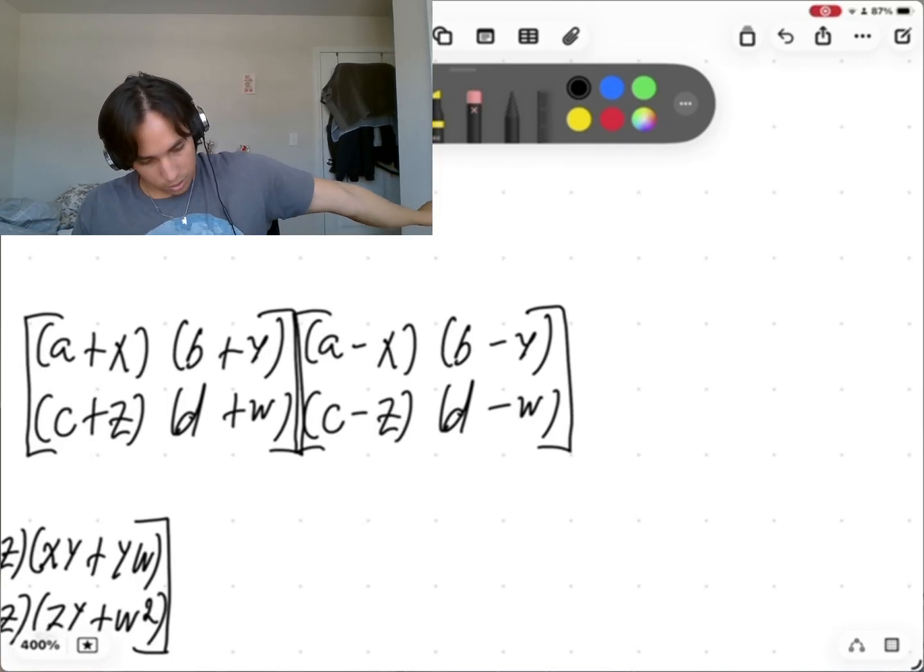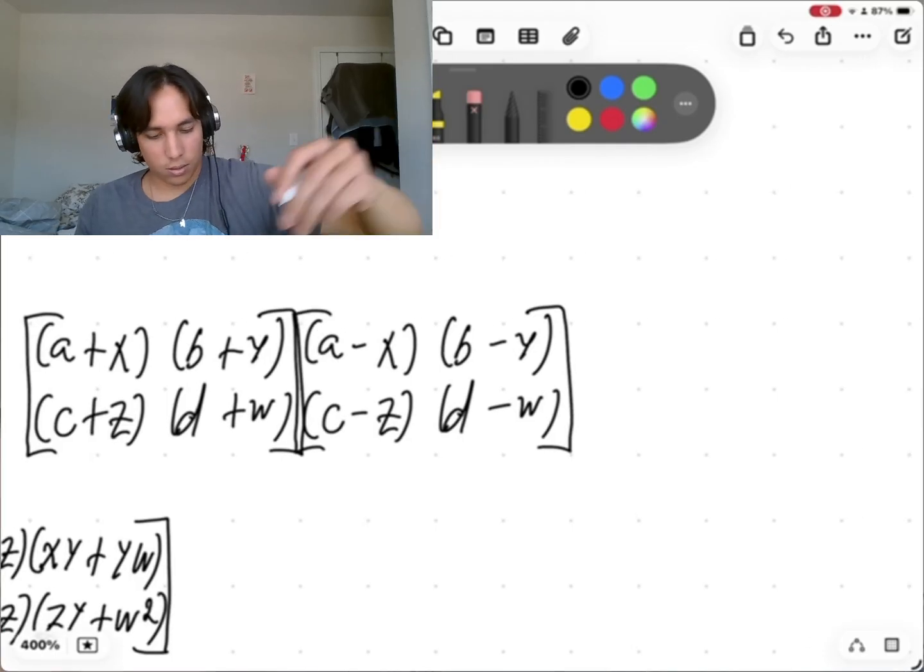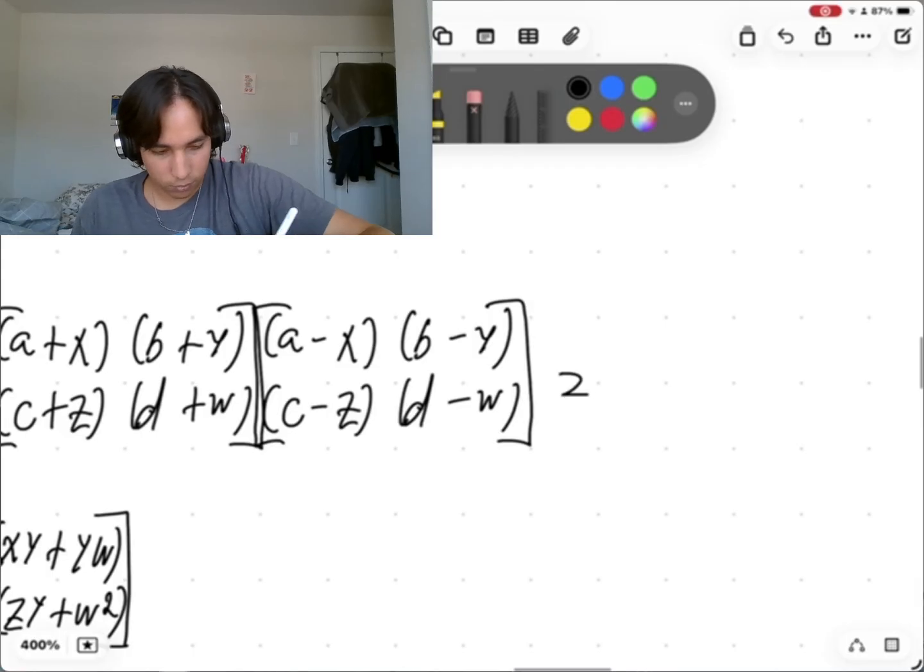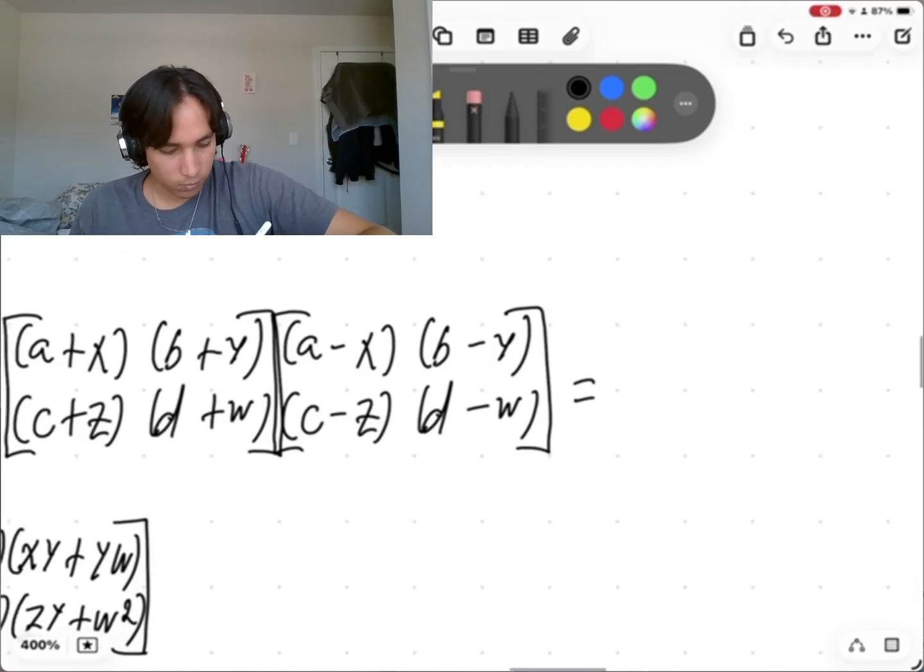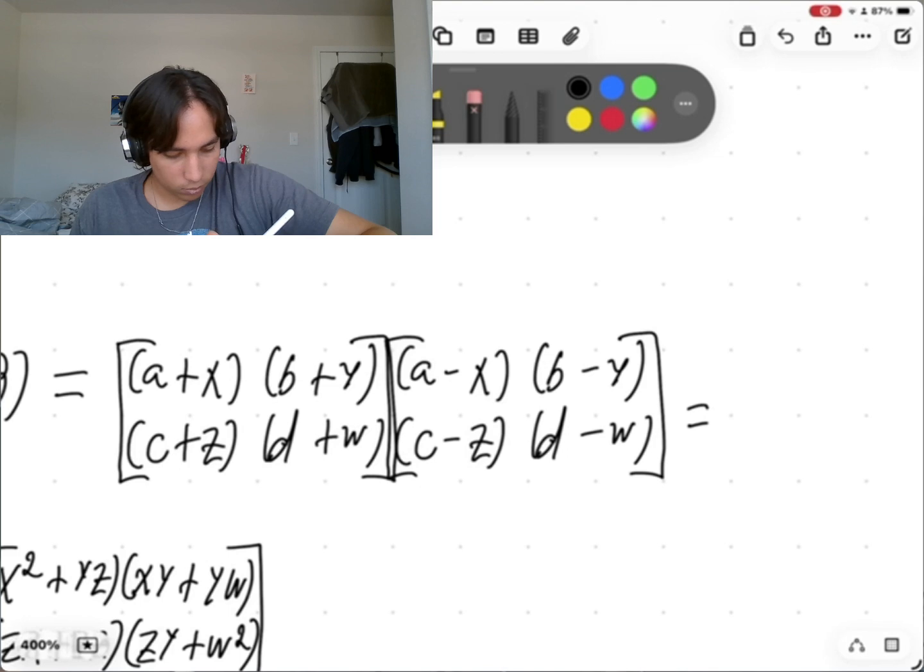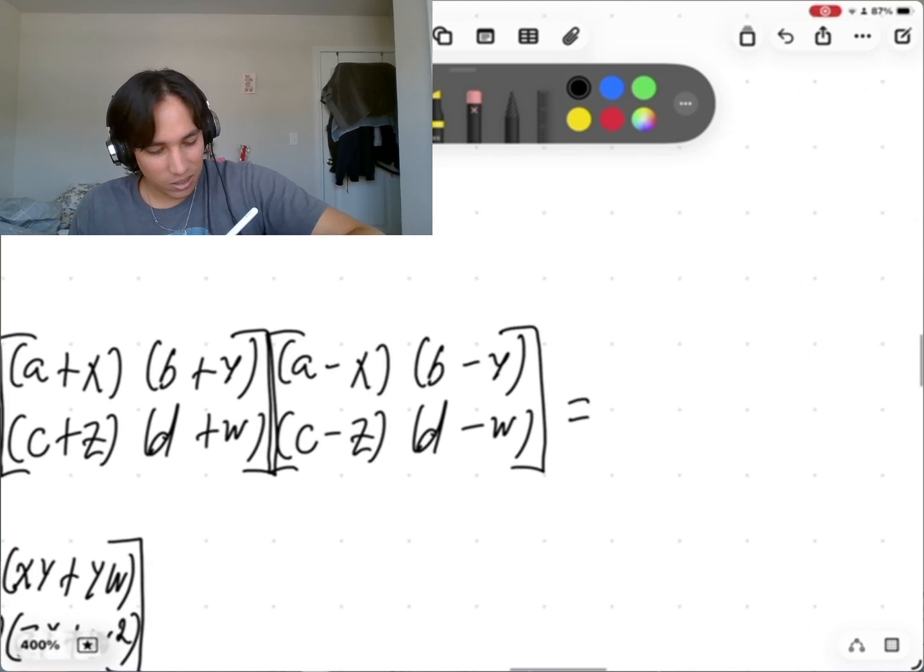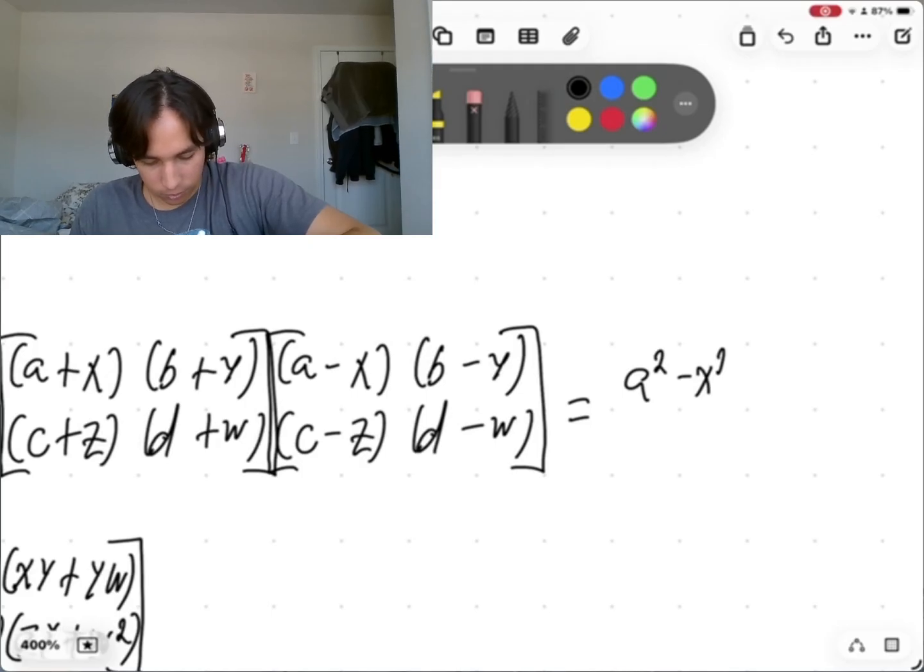So, my goodness. Oh, this is a difference of two squares. So it's a squared minus x squared. This is c squared minus z squared. B squared minus y squared. And d squared minus